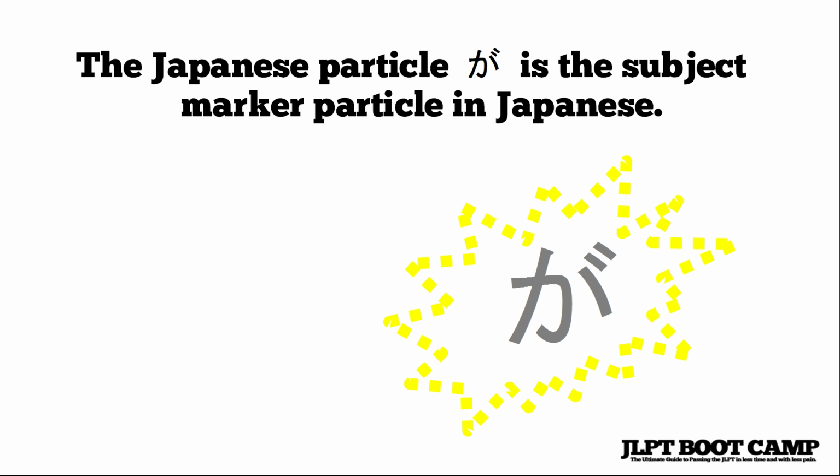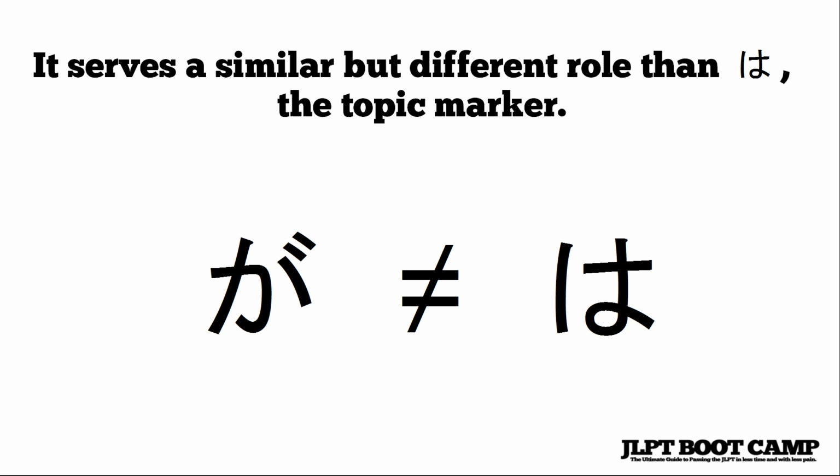And so I encourage you to really make sure that you understand the differences and the nuances between each one of these little guys, because for being incredibly little things, they can cause some big headaches. So be sure to know these particles well. But anyway, getting back to the topic at hand, the ga particle is the subject marker particle in Japanese, and